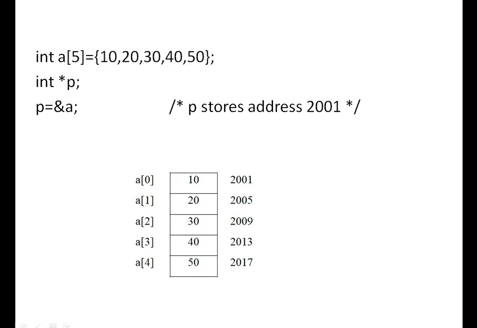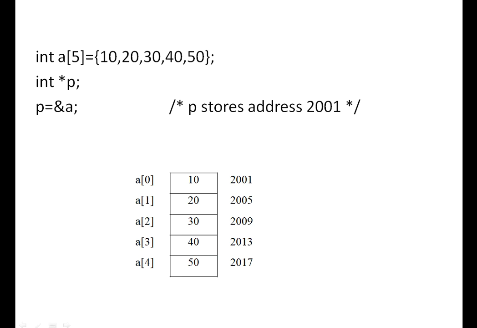Don't confuse too much. int a[5], 5 elements we have. Random addresses we are taking, 2001, 2005. Why am I taking 2005? Since the size of an integer is 4 bytes, yes, since we are working with GCC. So 1, 5, 9, 13 and 17, right? So for example, p equal to &a, or p equal to a, or p equal to &a[0]. Everything remains the same, it is going to be 2001, right?